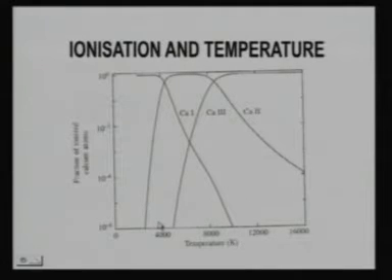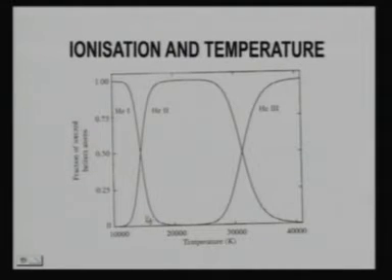In the next slide we will show you the same thing with helium. You can see that helium is totally ionized above a temperature of about 30,000 degrees. So you don't see helium singly ionized, but helium singly ionized lines you see from a temperature of about 20,000 to about 30,000 degrees. That is what happened in the O class. We showed you that in class O we see lines only of ionized helium. Neutral helium lines you see at a temperature of around 10,000 degrees. That is why you see them in class B and A. So this was the contribution of Meghnad Saha.